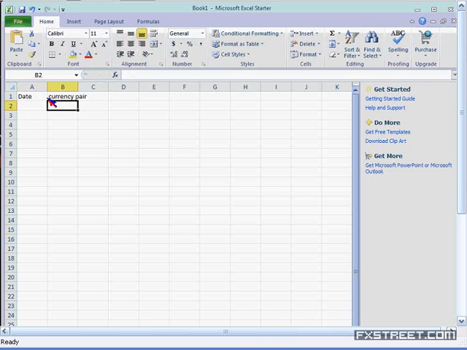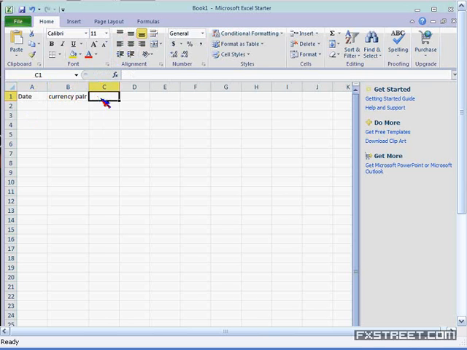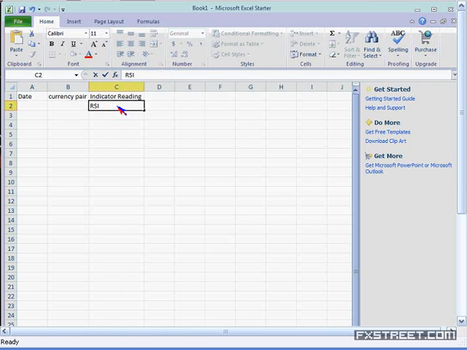Then I'm going to put, Excel is such a great tool because we can expand it. Please let me know if you can't see this, by the way. So we put the currency pair, and then if we're using some kind of indicator reading, like for example the RSI, I may want to make a note that the RSI equals 70 or 60 or 20,